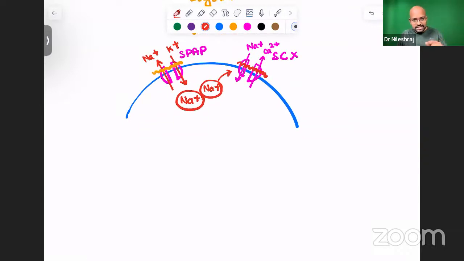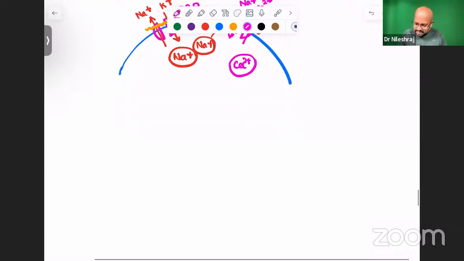When the sodium calcium exchanger pump is getting inhibited, sodium is not coming in. Calcium is also not allowed to be let out of it. Calcium will be accumulated more inside the cells. Good. Now this calcium which is present over there,